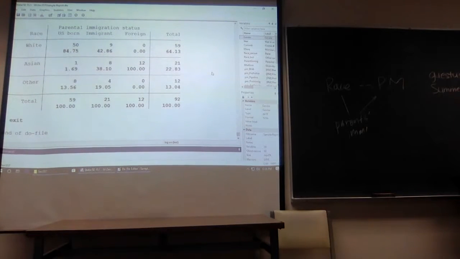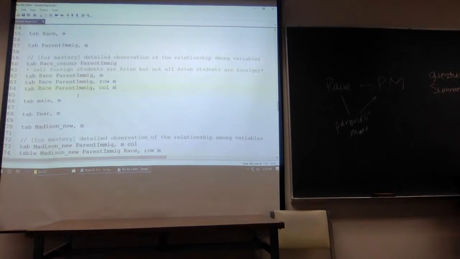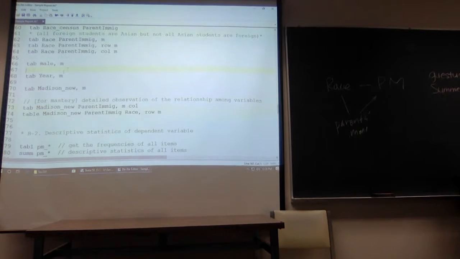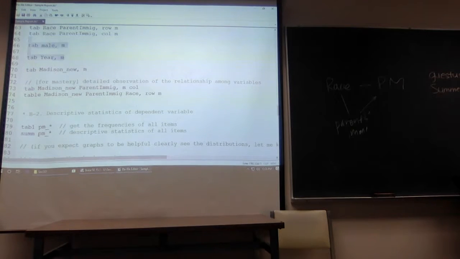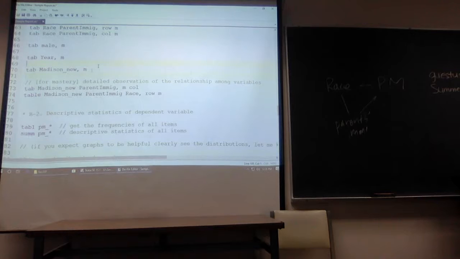Good. So these three commands would not be news to you if you understood all of the above. So I'll skip that. Except that